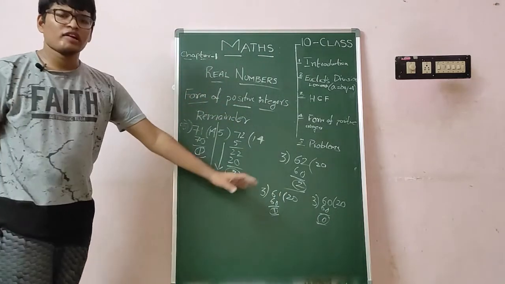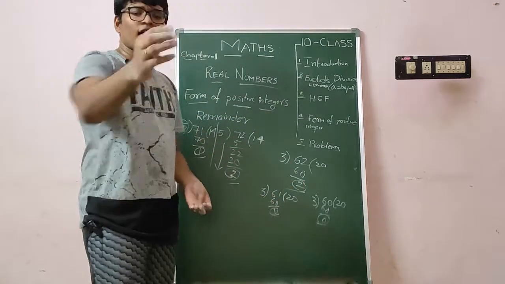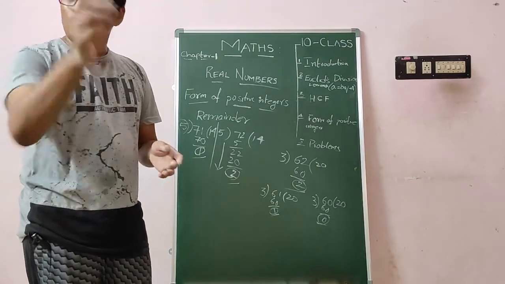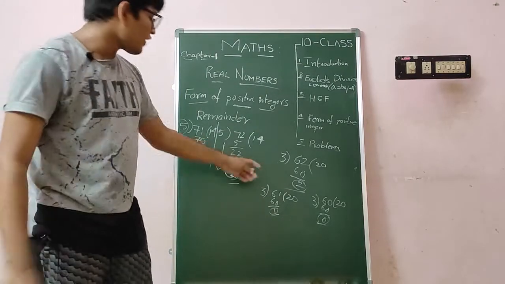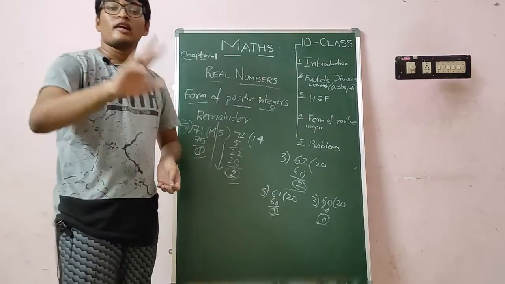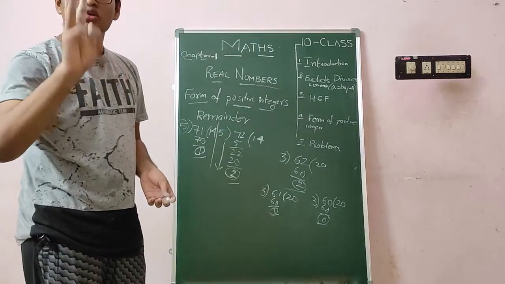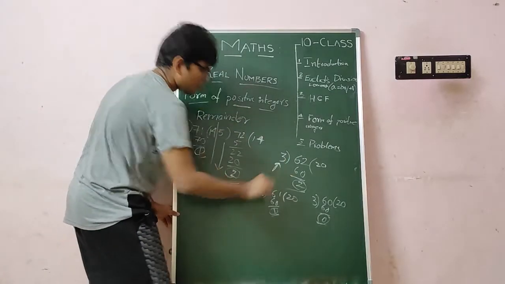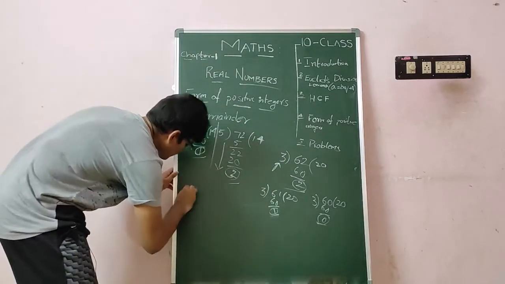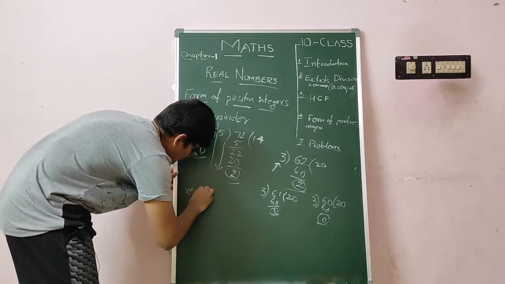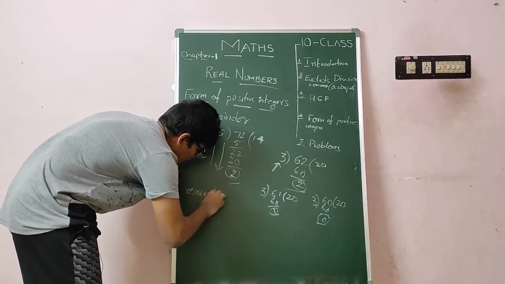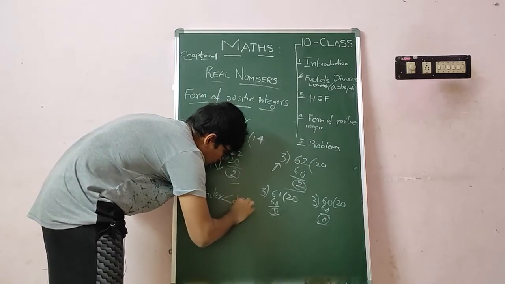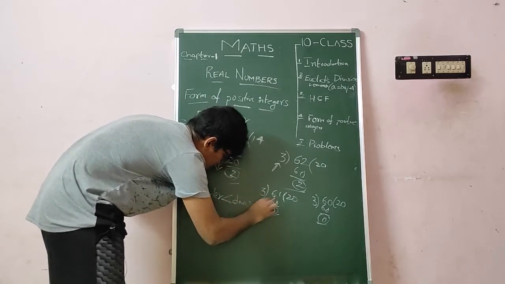Here you can see 3 twenties are 60, remainder is 0, here remainder is 1, and here remainder is 2. You can take any number. For example, try 121, 122 and 123 and find the remainder by dividing each by 3. You will always see the remainder is 0, 1 or 2. No remainder will be greater than the divisor. That is the main point, students. Note it down. Remainder is always less than what? Divisor.